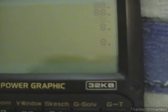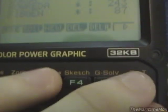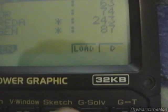I don't know what it's doing here, so I'll get out of that. And I'll show you the software library. If we go and press load here,